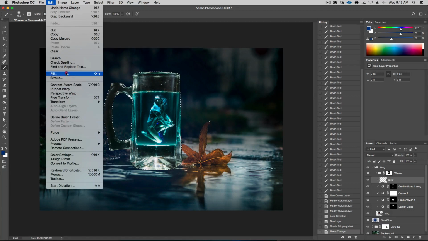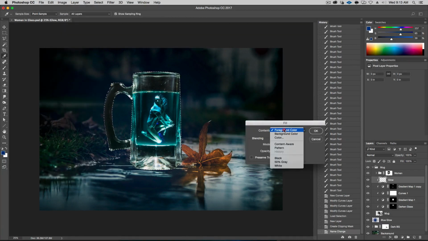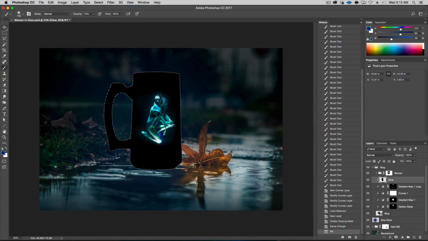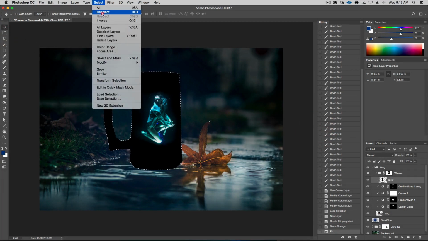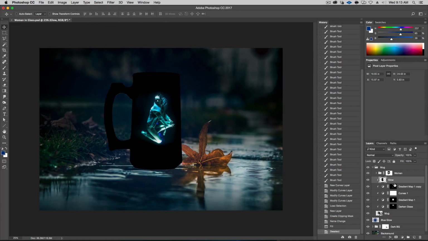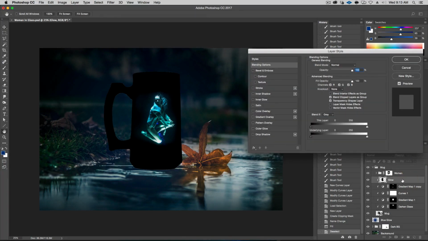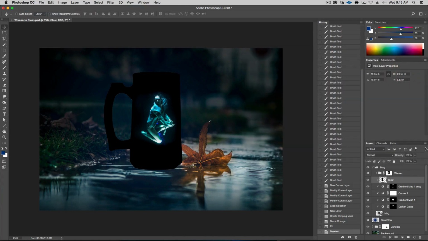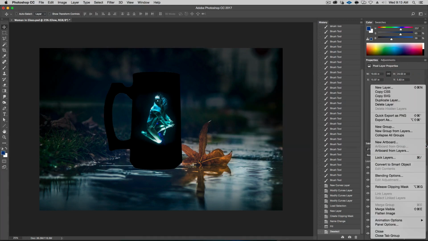Okay, and we're going to go ahead and fill this. Doesn't matter really with what we're filling. It could be anything. Foreground color, black, white. Let's do black just so we see what we're doing. And then let's deselect. Okay, so right now you see that it's just filled with black. So we're going to double click on the layer here, not on the name, right after the name. And that opens up the layer styles. And another way to get the layer styles, by the way, is just go in here while that layer is selected, and you have